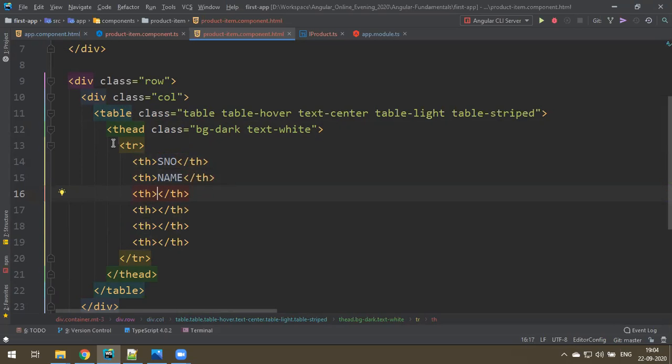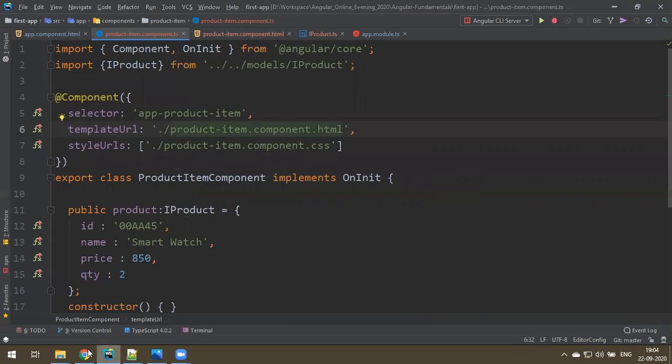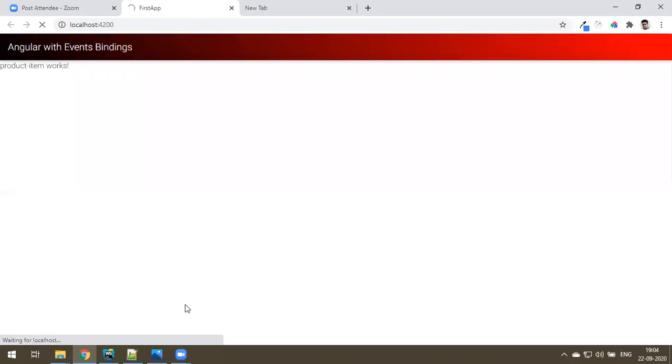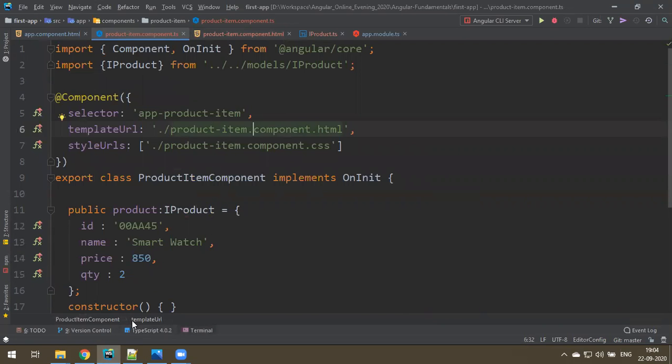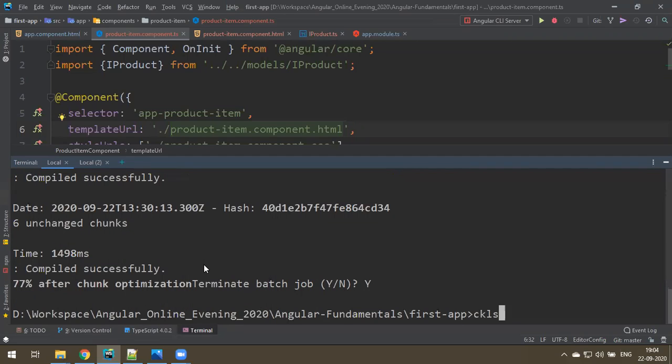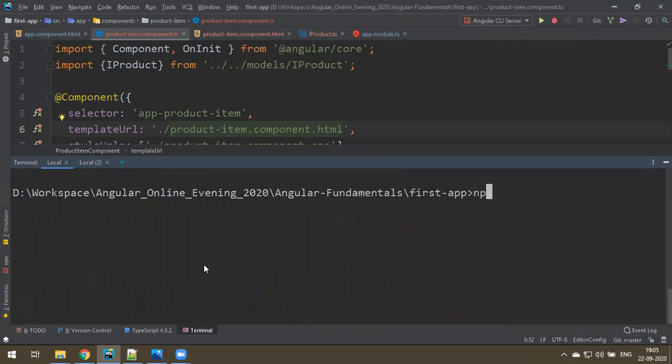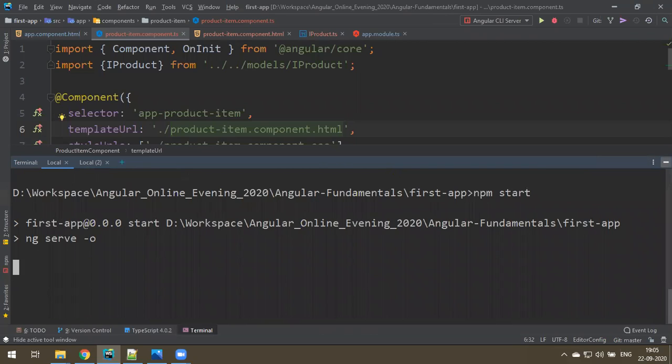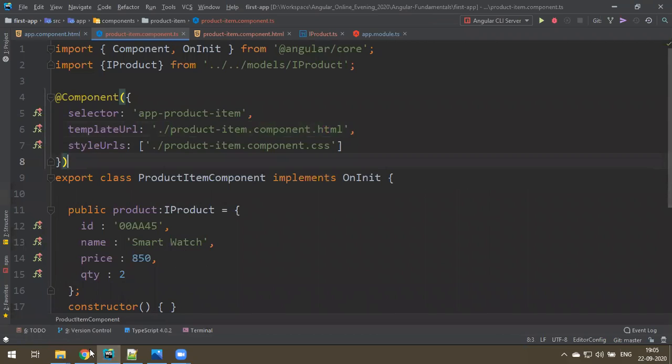Better you can take the image also, na? Don't we have an image? Yeah, let me grab some image. Still refreshing. Bro, what happened there? Still, it got stuck. It seems 77%. What do we do? Maybe my system is slow, I think. Yeah. I need an image also. Okay, so how to grab?